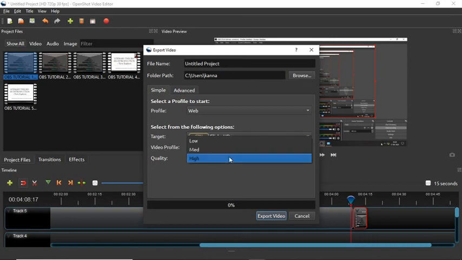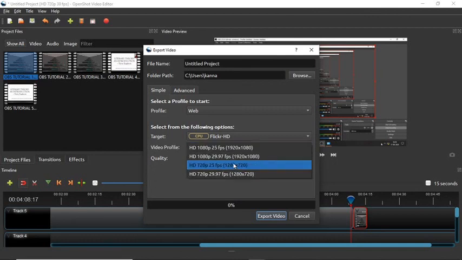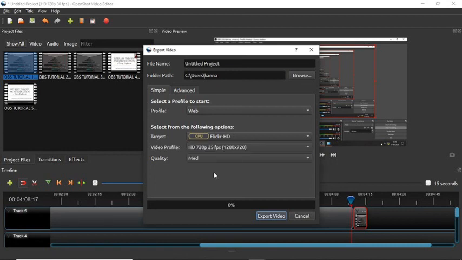So let's say that you take a video of 1 hour, and you leave it on HD 720 pixel, 25 frames per second. If you leave it on medium, the 1 hour video will be around 200 MBs, right? But then if you leave it on high, it would be around 500 MBs. If you leave it on low, I very much recommend that you never give it a low, right? Because the video quality slows down very much, and also the frames per second will make the video slow down, right? So you either go for medium or high, right?